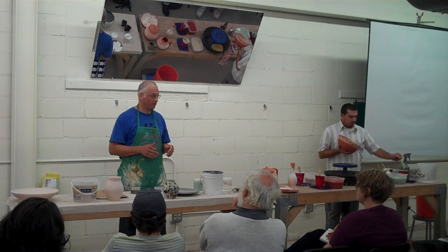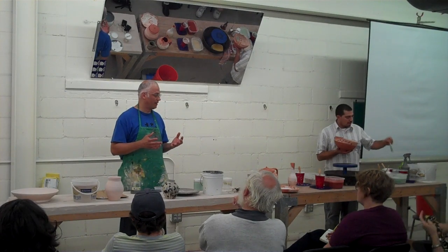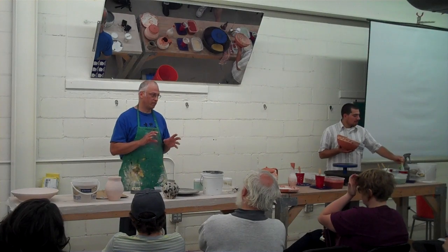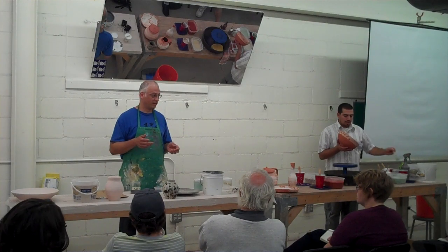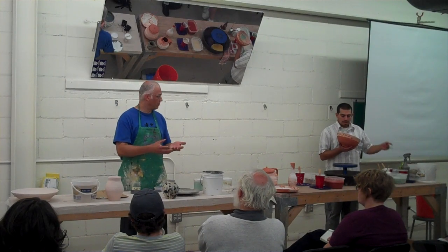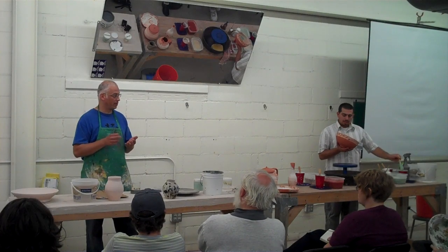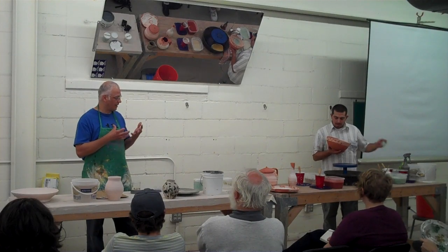And I'm firing in a big wood kiln. I used to think that I didn't want to depend on the magic of the kiln, but I really do in the end. I really do love the unique sort of finishing of the pots in the wood kiln. That was a recent realization. I'm fine with the wood kiln, but I do apply a lot to the surface, and I want it to be exciting to me in this kind of mundane state of bisqueware. I want it to be almost like a plate that I'm going to print on a press. I really like the way Stephen works, because he really works the surface in that state and enjoys that